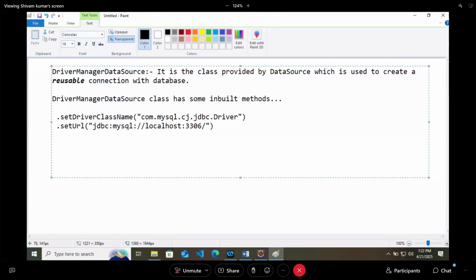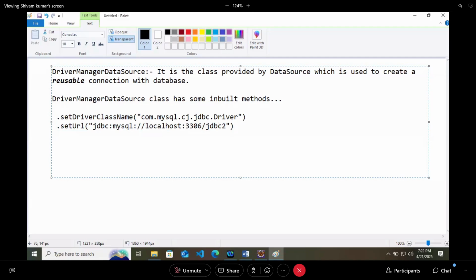Name of one database. If I write only this path, it will try to create a connection with the entire set of databases, and that is technically not possible. So here you have to provide your database name in setUrl.